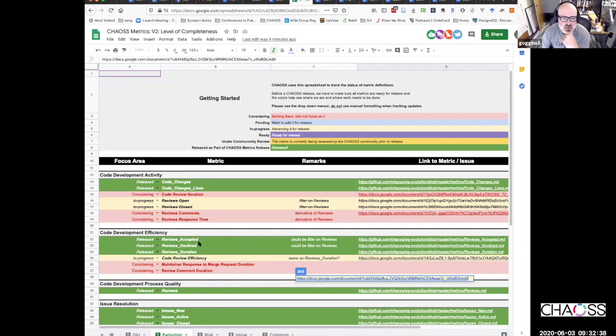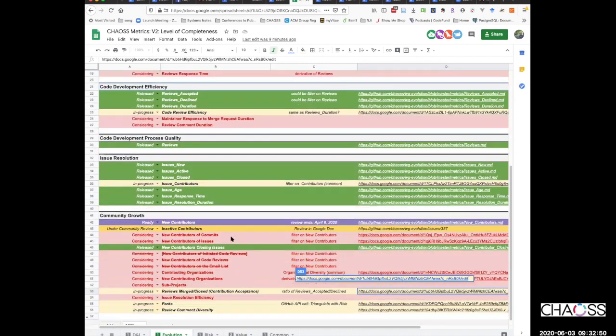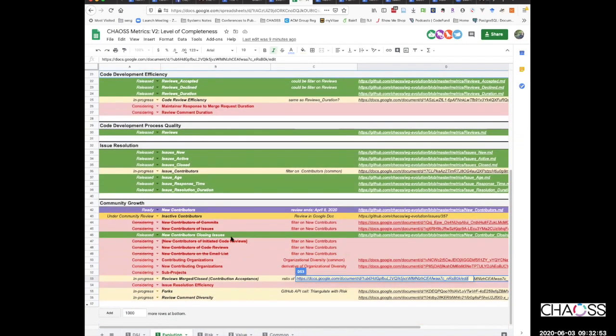It's interesting that code development efficiency has reviews accepted declined in duration, so I think it could be there too. Yeah, efficiency is more like if you are comparing it. Carter, what were you going to say?